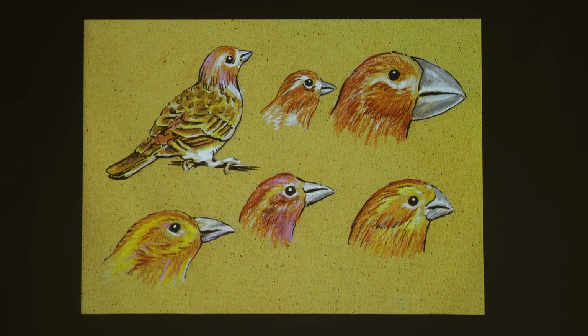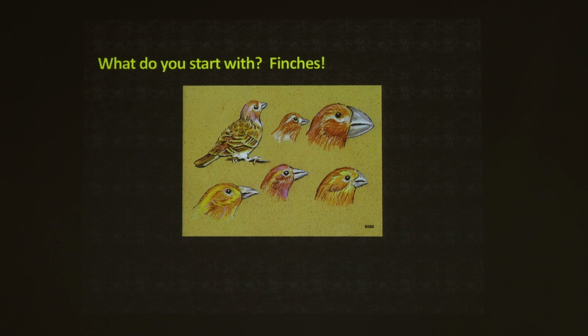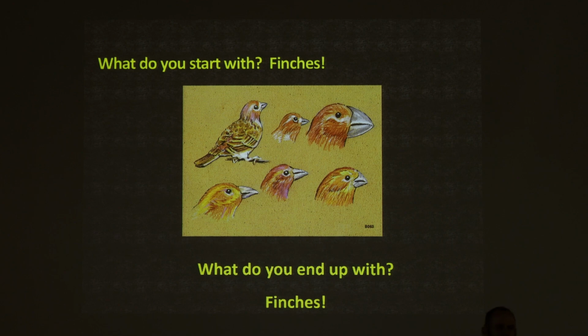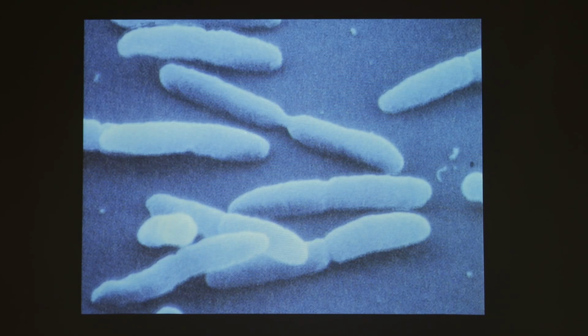And one of the examples that is given is Darwin's finches. Darwin went to the Galapagos Islands, and as he went to these different islands, he saw these finches had different types of beaks. There were changes in the beak sizes and strength for these finches. Well, although we see this change within the finches, what did we start with? Finches. What did we end with? Finches. This isn't proof that the finches are changing into something else. We see a change still within the finch kind.